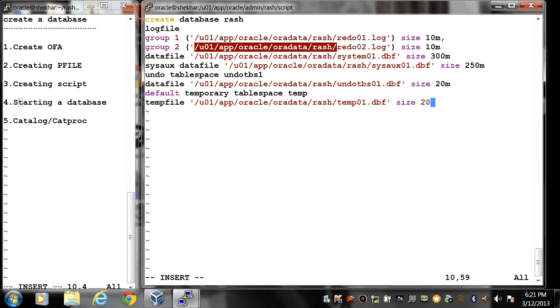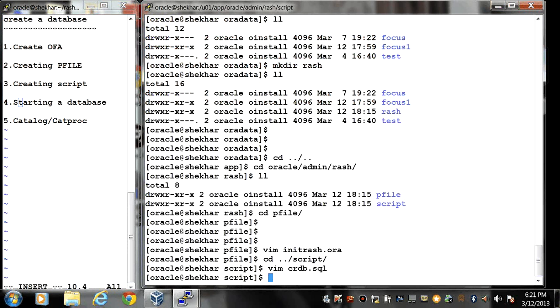Size would be 20M. Now my parameter file is created and my database creation script is ready.